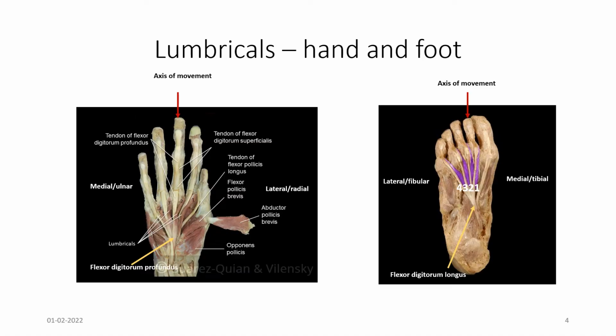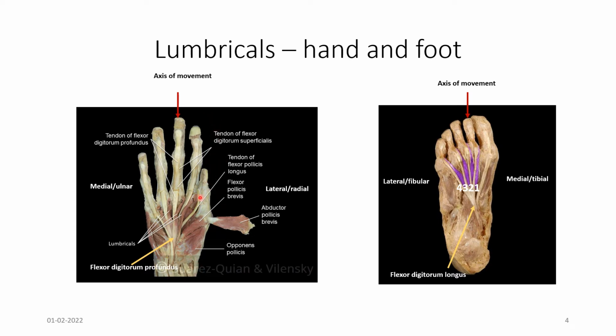Now let us see the lumbrical muscles in the hand and in the foot. So this is the picture of the palm dissection where you can see the small lumbrical muscles numbered 1, 2, 3 and 4 starting from the radial side to the ulnar side. So they are numbered. And the lumbricals, they take origin from the tendons of the flexor digitorum profundus, the lateral